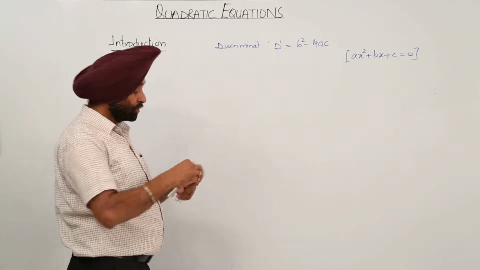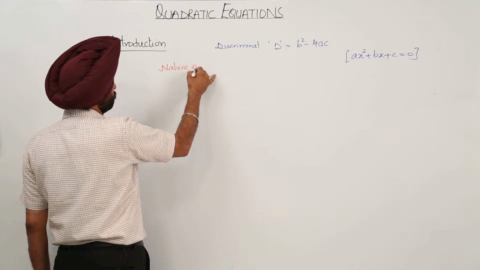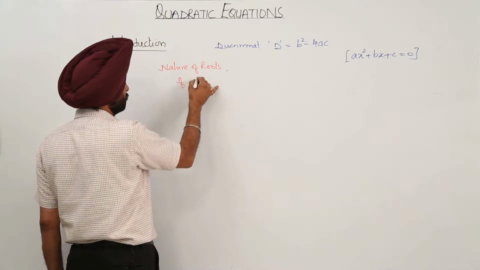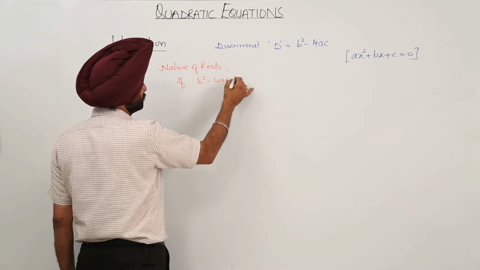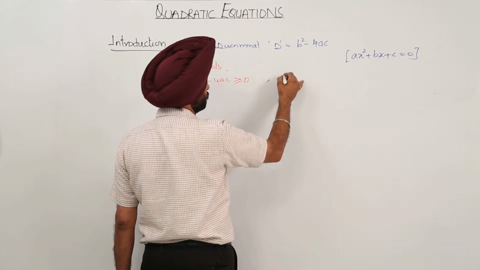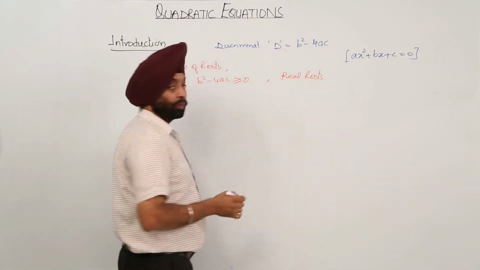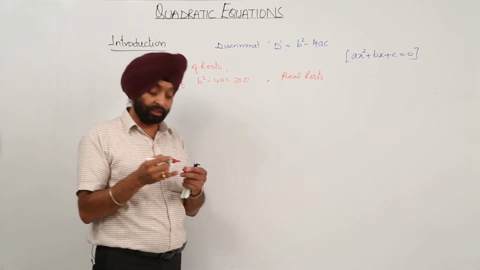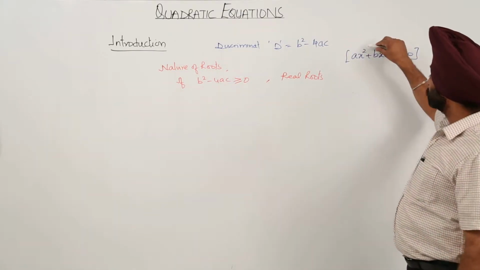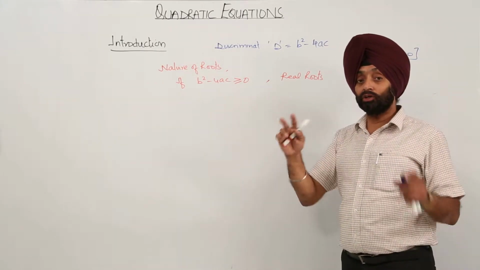Now we went for the nature of the roots, and in the nature of roots, if b square minus 4ac is greater than or equal to 0, we were having real roots, and these were also divided into two parts. If b square minus 4ac is greater than 0, then we were having real and unequal roots, but roots are 2 only. Why? Because the degree is 2 here. And if b square minus 4ac was equal to 0, then 2 equal roots.